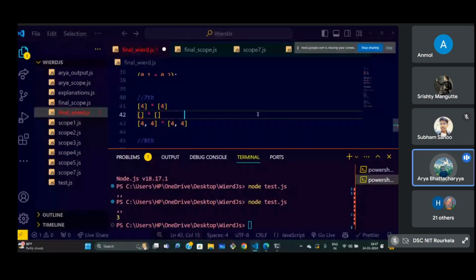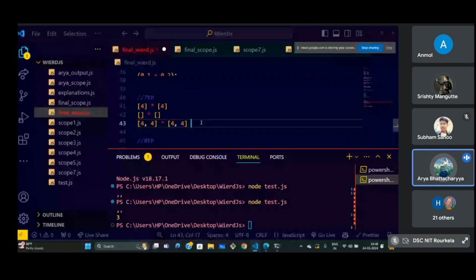So let me explain the reason क्यों हो रहा है. It's 4 cross 4 when it is multiplied as an array. So a single element array gets converted to a string, which is further converted to a number. So 4 cross 4, 4 into 4 as a number would always return 16. That is correct. But when it is an empty array, that would always be 0 into 0, which is 0. But the main underlying concept is in the third part, where we multiply two numbers if it is a multi-element array.